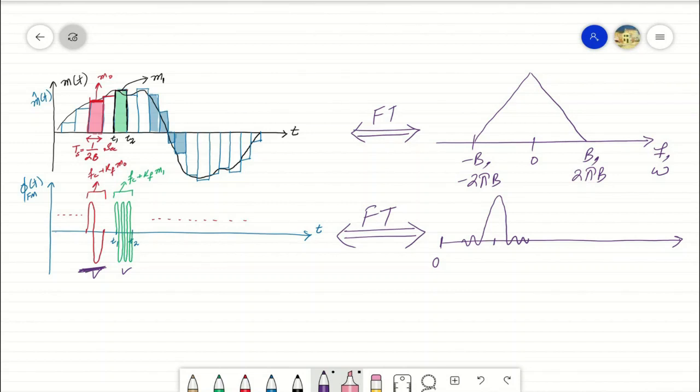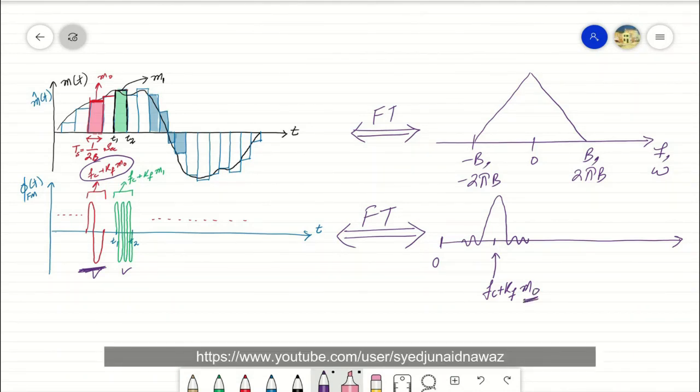The frequency being generated in this span is fc plus kf into m naught, where m naught refers to the amplitude of the information signal within this span. As the span of these blocks is constant, that is 1 over 2b, where b was the bandwidth of the information signal, we will have the same composition of sinc for all the spans, while the amplitude of each span being different from each other, we will have different positions of